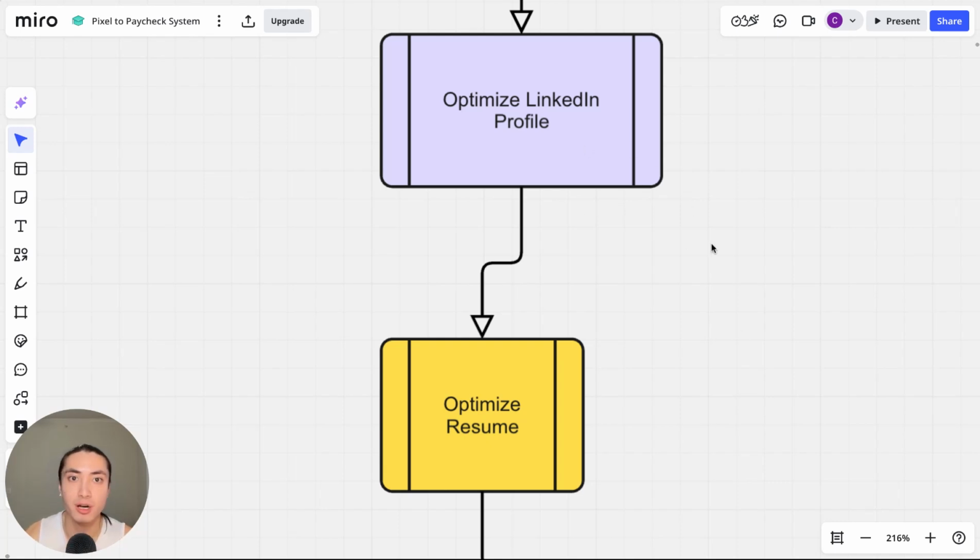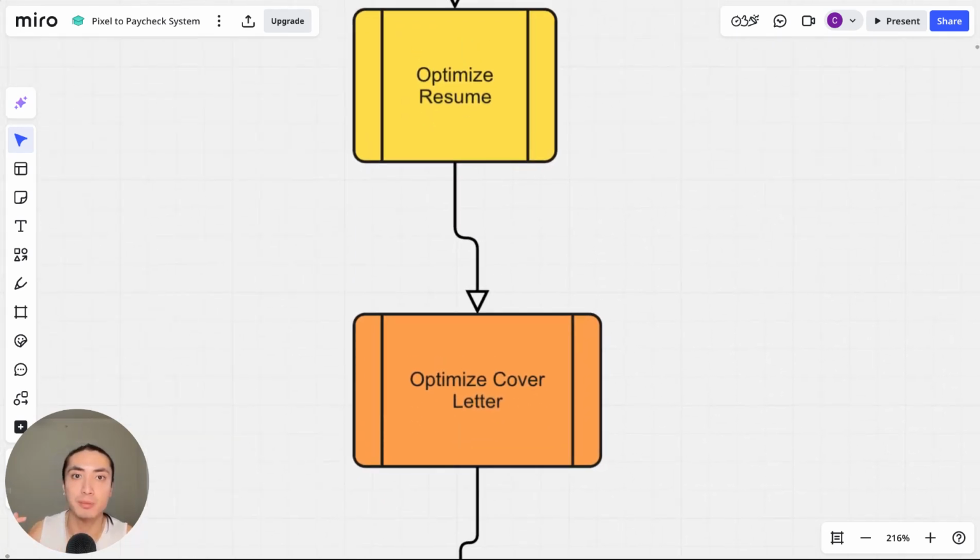So your LinkedIn profile, just optimize it once, making sure it has the repeatable keywords that you see a lot in job descriptions. And then for your resume, there's only the top section that you're going to contextualize to the job description every time you send in an application. And after that, you optimize your cover letter. Same thing with your resume. You're going to be changing up certain keywords to fit the job description. So your resume and your cover letter are going to be changed every single time you apply for a job